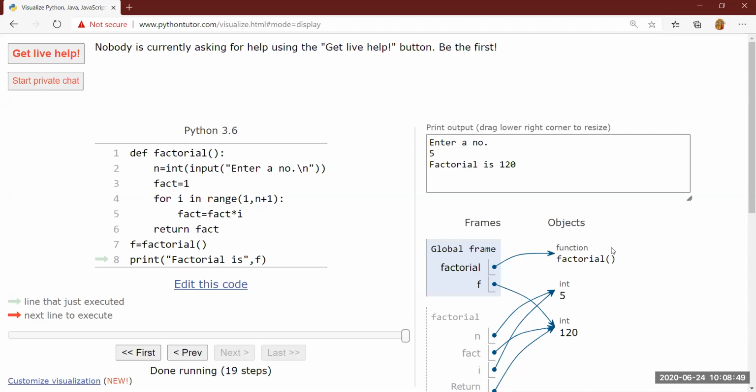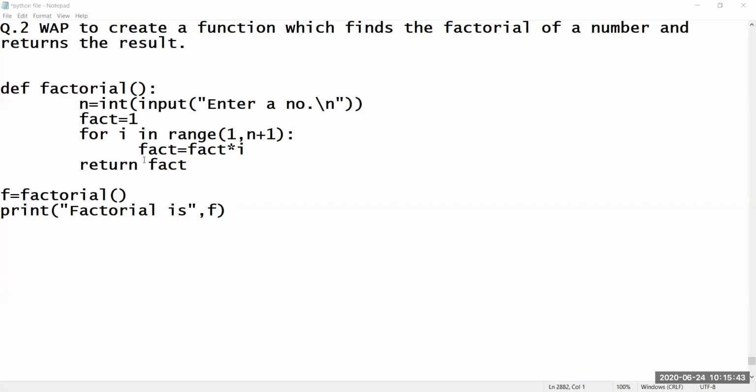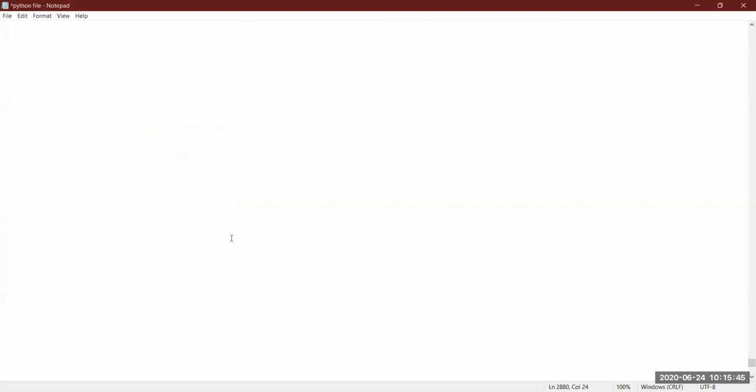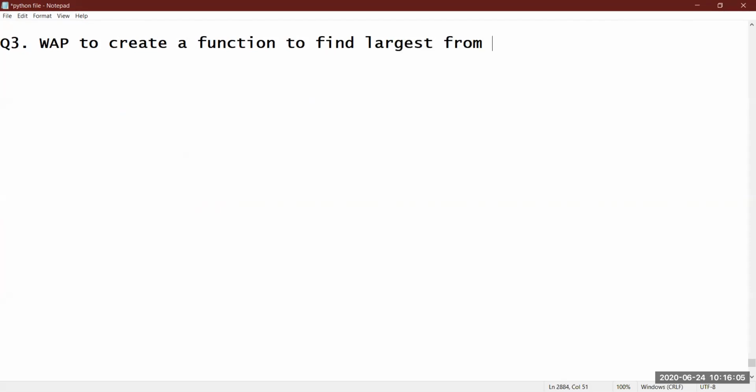I will just discuss 2-3 examples, then you will be able to do any kind of question by these two super easy methods. Fine. Okay. Now let's quickly do 2-3 questions so that we can understand how we can easily do all the questions using non-argumented with return and non-argumented without return. Fine. Write a program to create a function to find the largest from 3 numbers and print it.